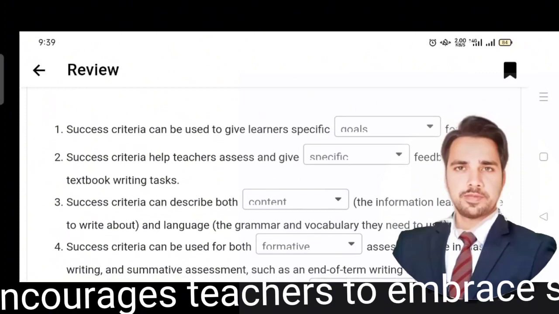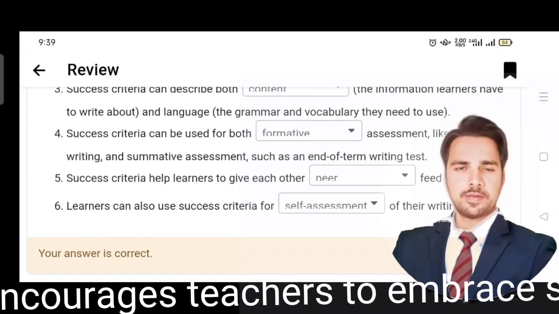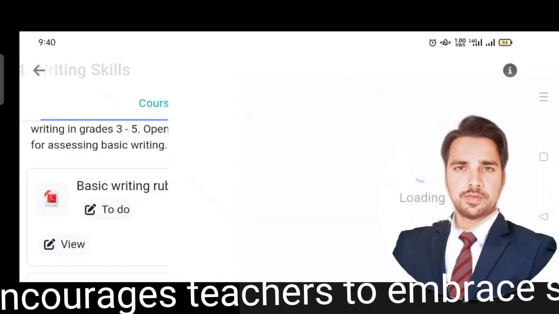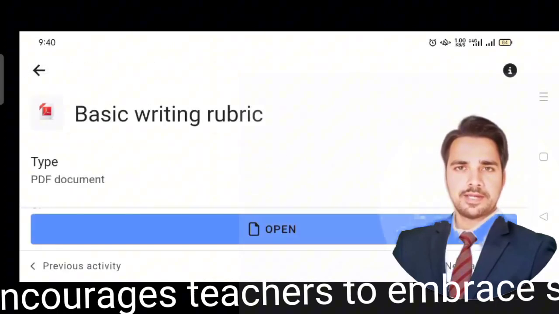The importance of constructive feedback, both written and spoken, is highlighted with an example script improvement. The program encourages teachers to embrace success criteria, master feedback techniques, and implement self-assessment and peer assessment strategies for effective